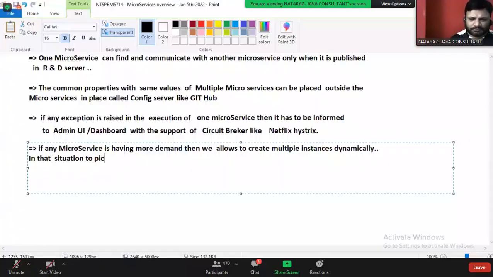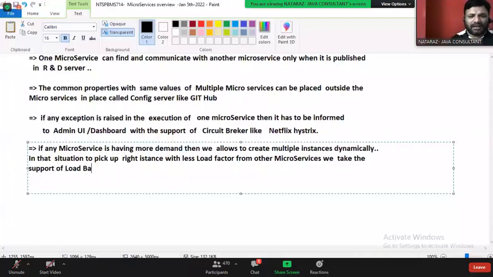In that situation, to pick up the right instance with less load factor from other microservices, we take the support of a load balancer client.